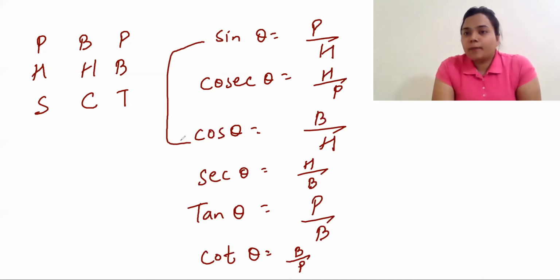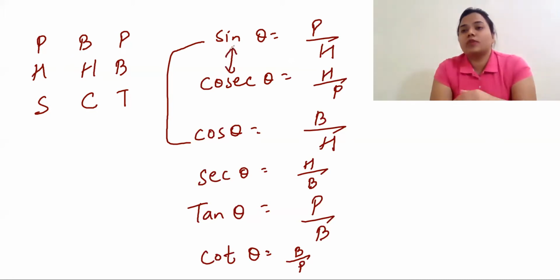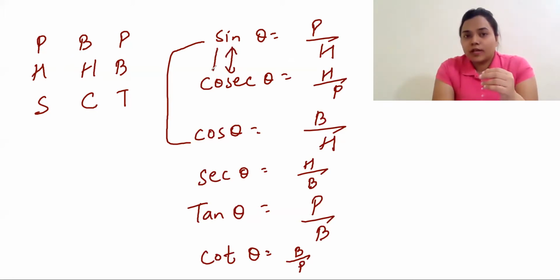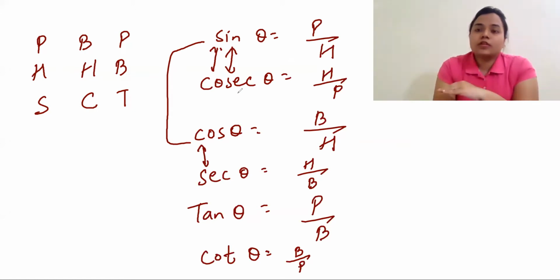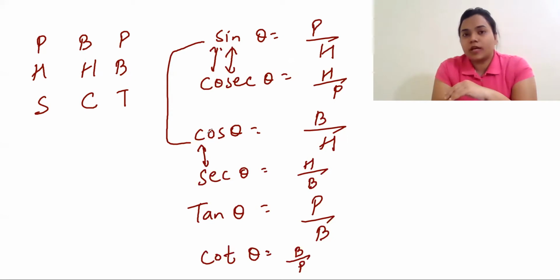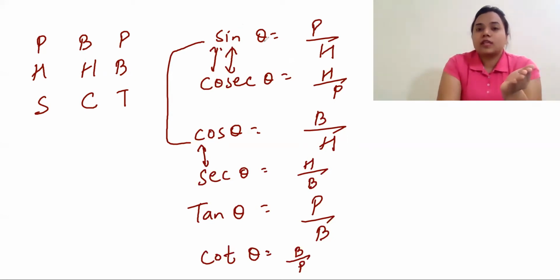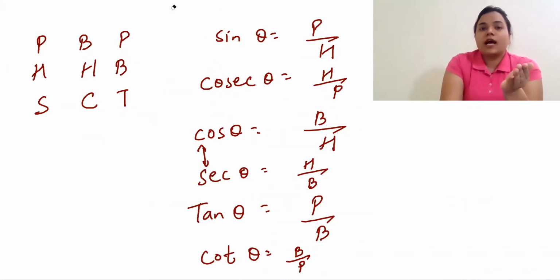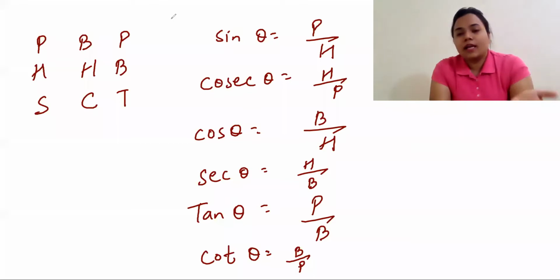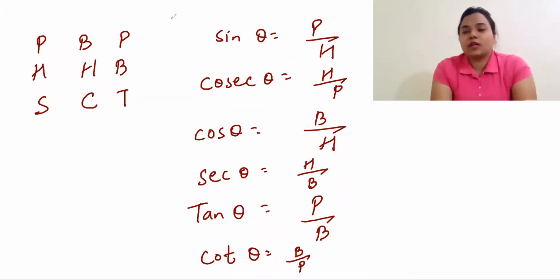See, sine and cos are in pair, but for these trigonometric ratios, actually sine and cosec are reciprocal of each other. So don't get confused. With sine, always cosec comes. Afterwards, when we will be doing it, then sine and cos will come together. But for these trigonometric ratios, sine theta and cosec theta are the reciprocal of each other, and cos theta and sec theta are the reciprocal of each other. And tan and cot you can easily identify because the names are similar to each other, so they are reciprocal to each other.